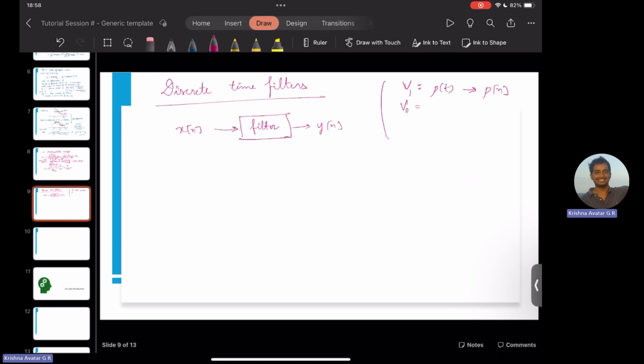Then for V0, we have P naught of t, the approximation, whose corresponding set of discrete coefficients is P naught of n. And finally, in W0, we have Q naught of t, which is essentially the basis where we use this wavelet basis, and we have Q naught of n. So overall, what we have is P of t, which is P naught of t plus Q naught of t. Fine. So when we pass this signal P1 or P,